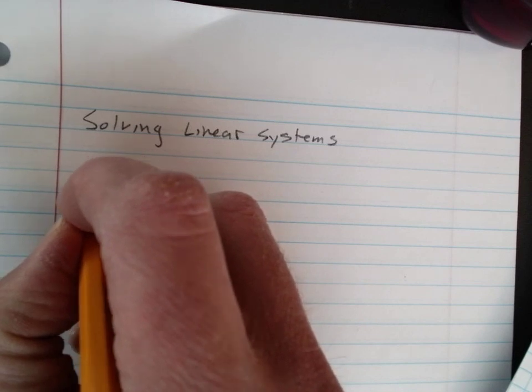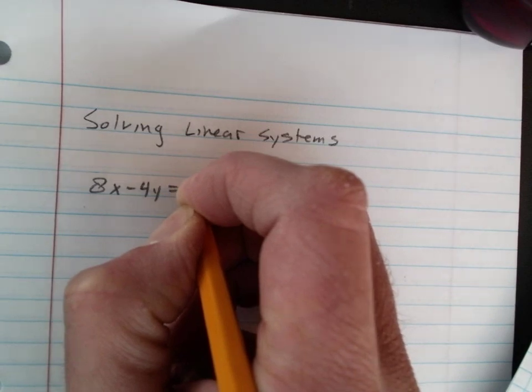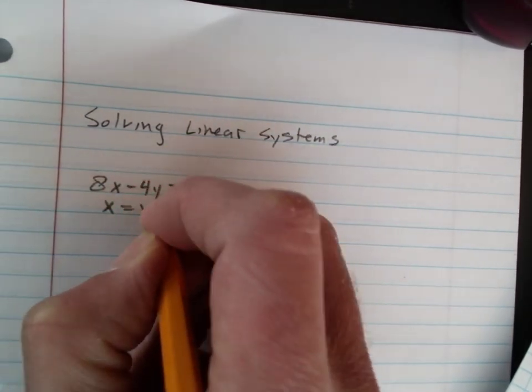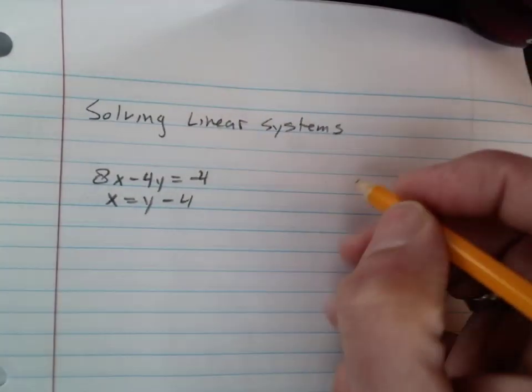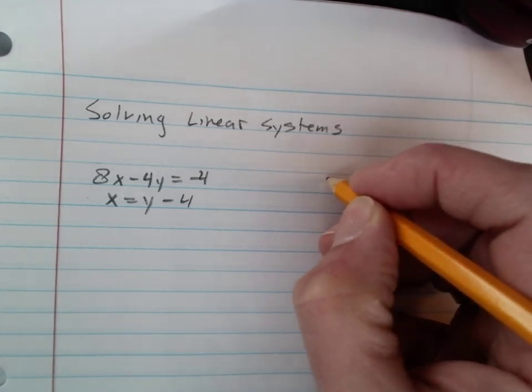There's been two problems. We take 8x minus 4y equals negative 4, and x equals y minus 4 as one of the problems we're going to look at today. And then the other one that we're going to check out is 5x